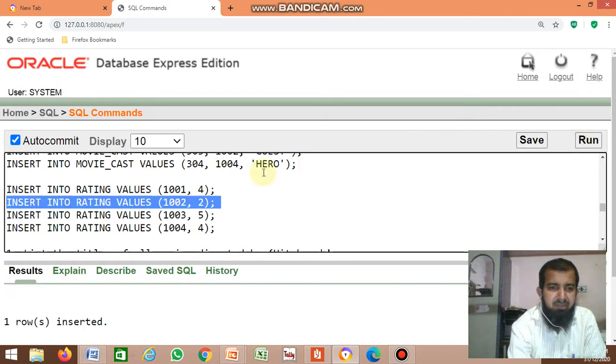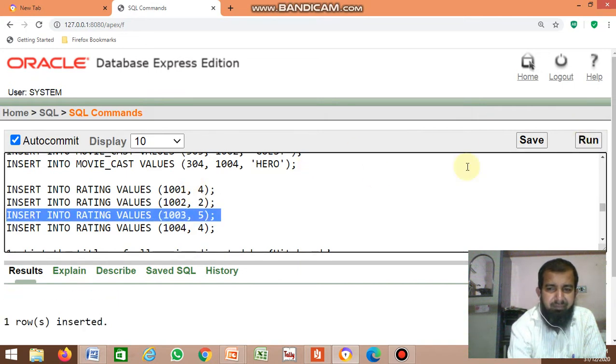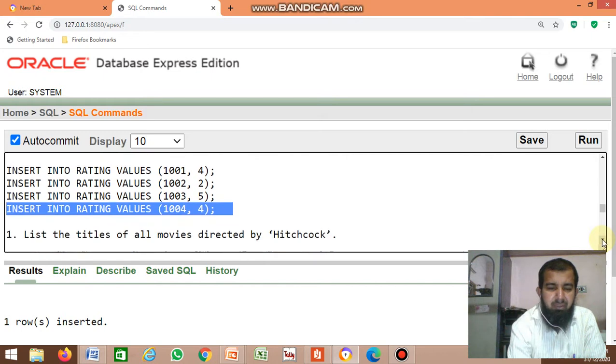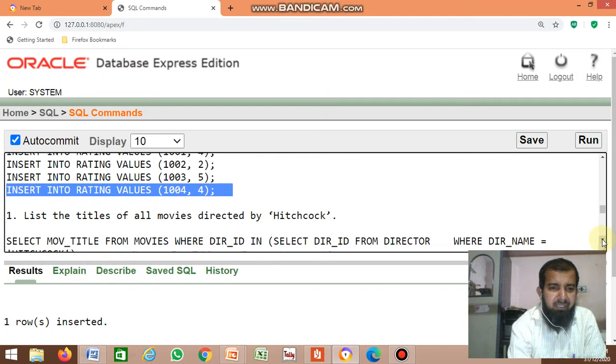Then the last table is rating table. Now all the records in all 5 tables are inserted.